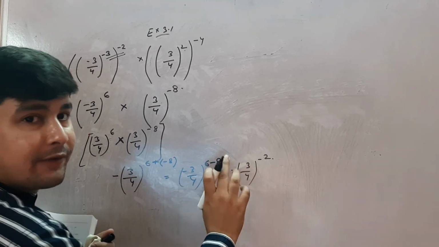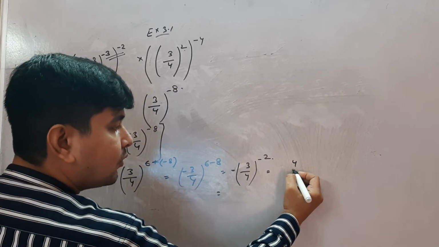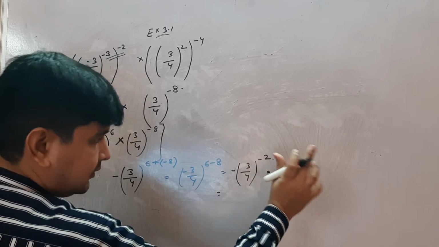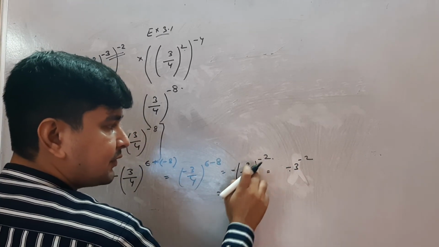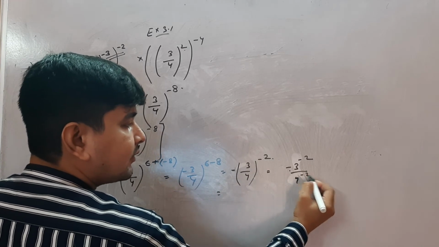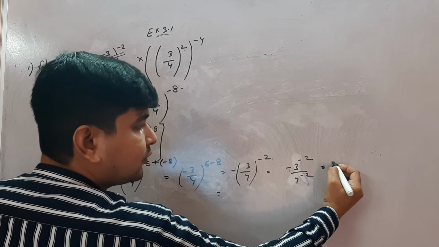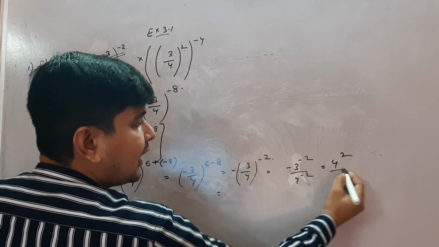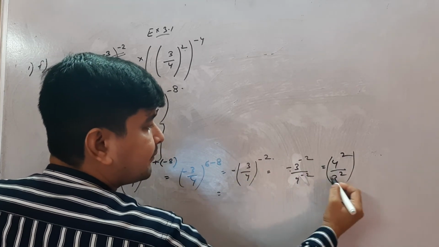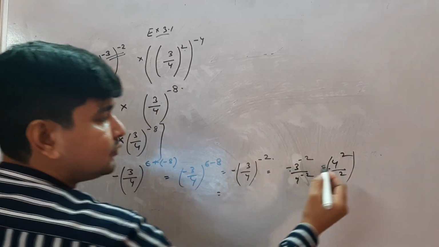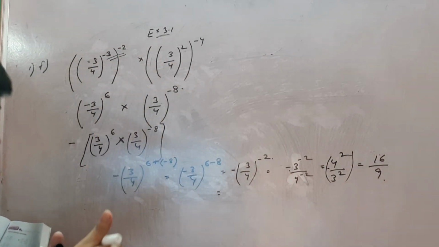We know that when the power is in the minus form we reciprocate, so it's getting 4 upon 3, to the power 2, because this applies to this one and also to 4. When the denominator transfers to the numerator the power becomes plus, and when the numerator transfers to the denominator the power becomes plus. Clear? Having minus sign. So 4 square is 16 and 3 square is 9. Okay, note.